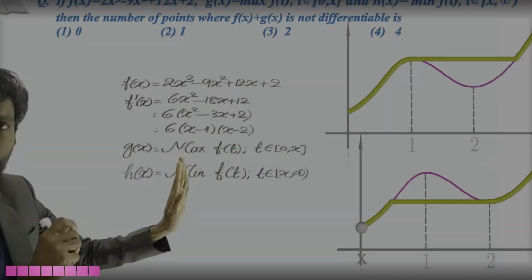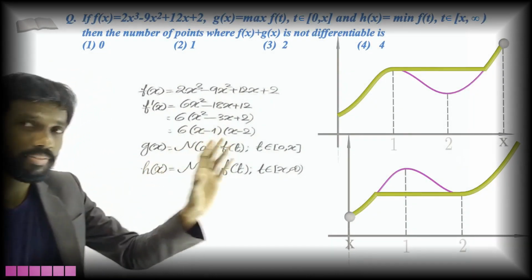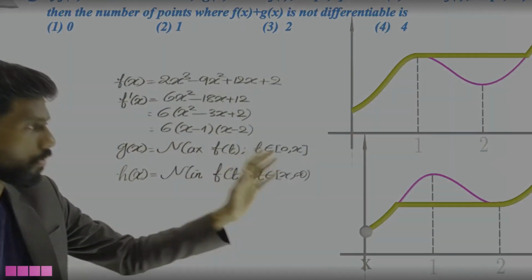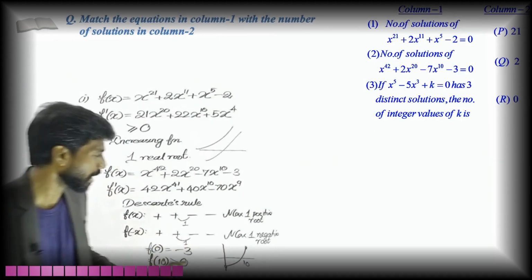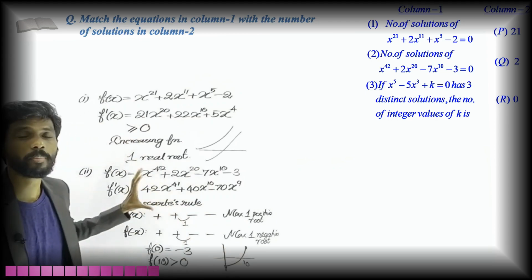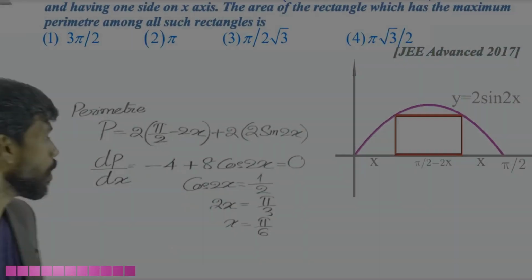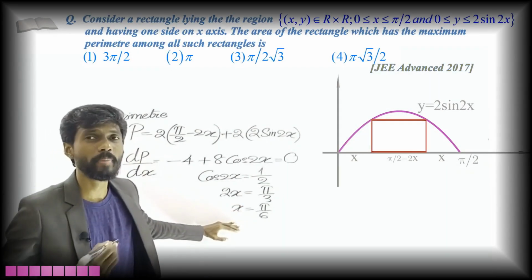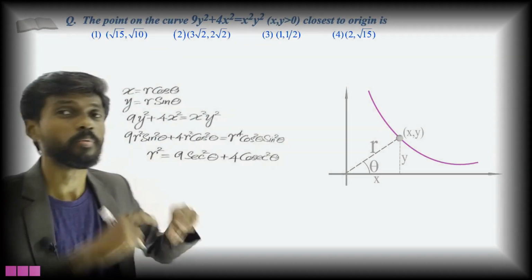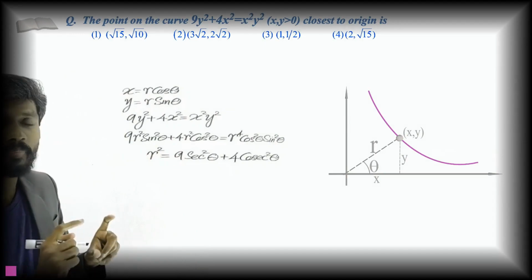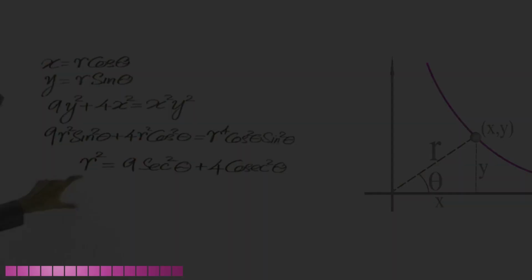Up to that point 2, the minimum value occurs at the left-hand point, and if you move further between 0 and 10, we don't know exactly what point, but definitely there will be an intersection because it is a polynomial expression, a continuous function. So at this point the perimeter is maximum, but what we want is the area at this point. We found r is the distance. We want this distance to be minimum. We want the closest point, that means the distance